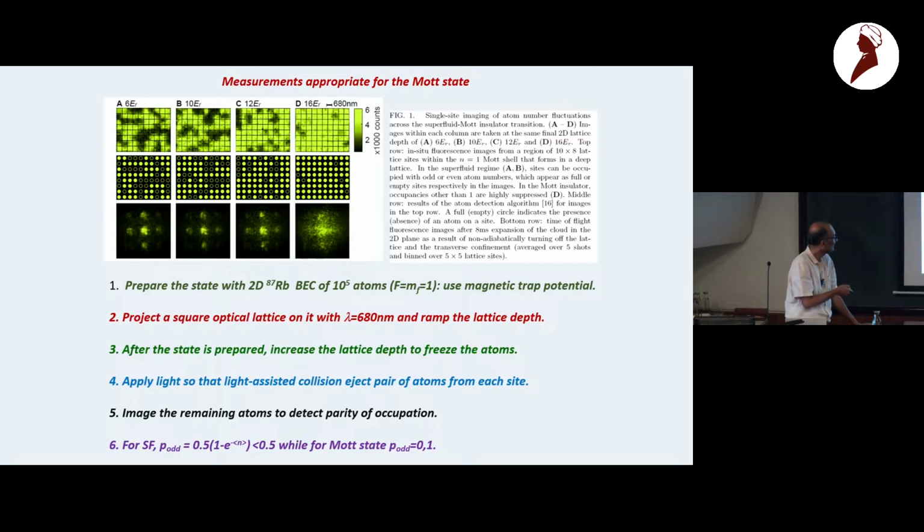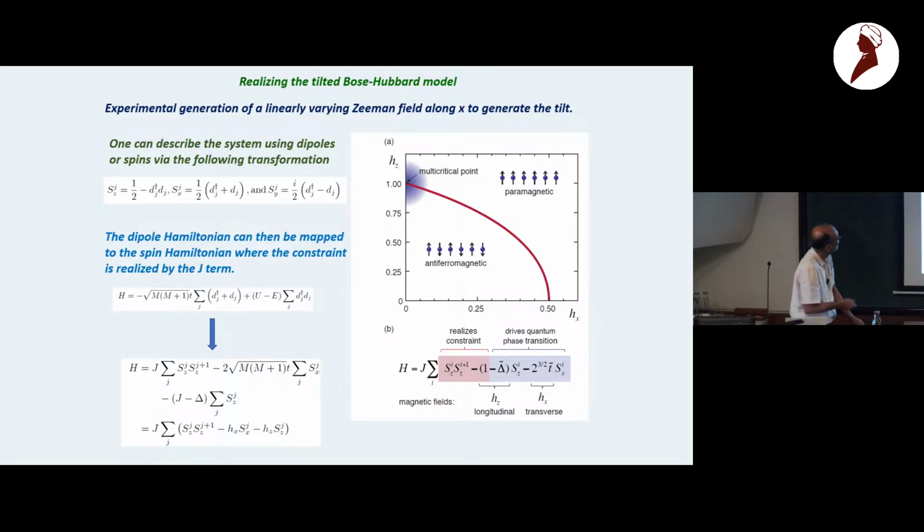So at the end of this light-assisted collision that ejects pairs of atoms, one can image the remaining atoms. What one can detect is, if there is a signal, this must mean that there was an odd number of atoms, so that at least one atom was left in the trap. And if there was no signal, there is an even number of atoms. So they could detect the parity of occupation of these atoms. And this was good enough for measuring this kind of transition, because the number of atoms changes by 1 on both sides of this dipole. And this is what they did.